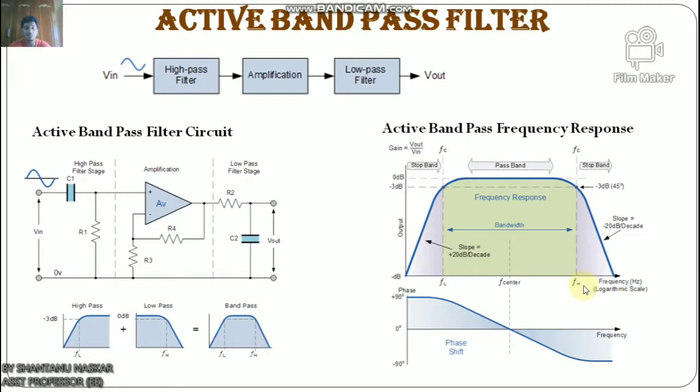A simple active band pass filter can be easily made by cascading together a single low pass filter with a single high pass filter. Look here. The cutoff corner frequency of the low pass filter, also called LPF, is higher than the cutoff frequency of the high pass filter HPF, and the difference between the frequencies at the -3 decibel points will determine the bandwidth of the band pass filter, while attenuating any signal outside of these points.